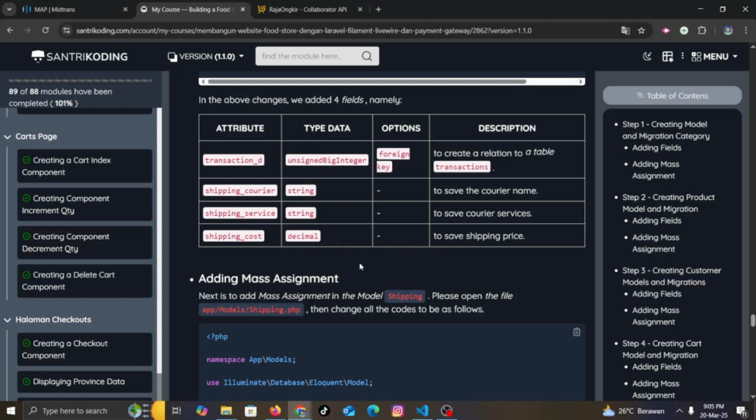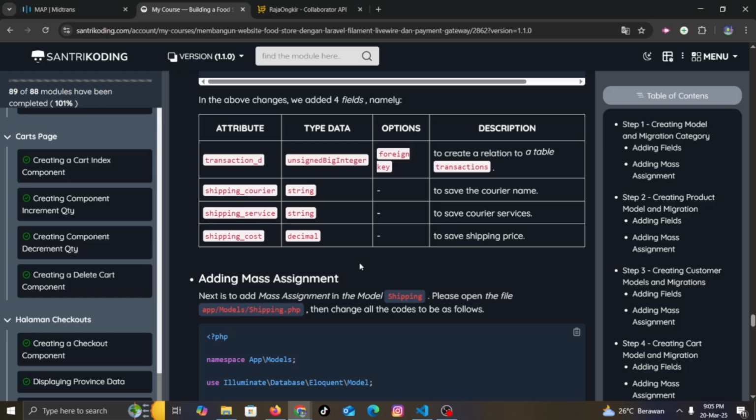In the above change we added 4 fields, namely transaction ID to create a relation to the table transaction, shipping carrier to save the carrier name, shipping service to save carrier service, shipping cost to save shipping price.